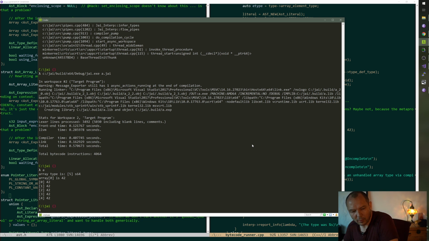Two, handling the different signed and unsigned. That's what I meant to say. I was trying to figure out how to say it. Okay, but yes, we have an array of 5 42s. That is good.